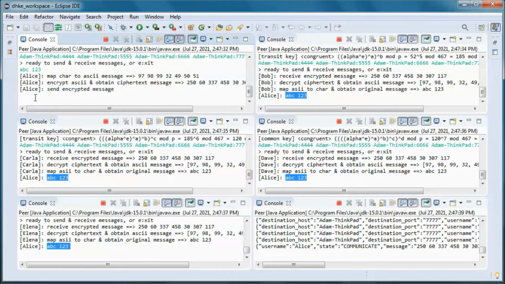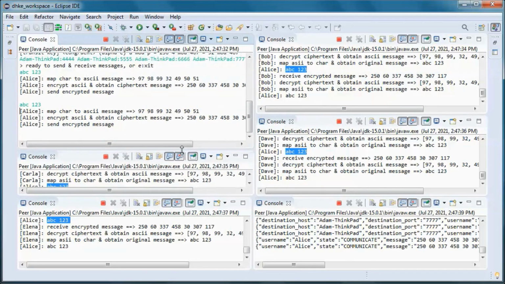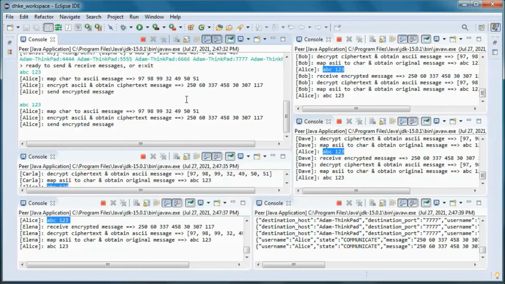Now if Alice sent the same message again, she will be sending the same ciphertext. And this is why deterministic encryption can leak information to an eavesdropper, as opposed to a probabilistic encryption scheme where we would not see the same ciphertext for the same message, like when using El-Gamal algorithm.